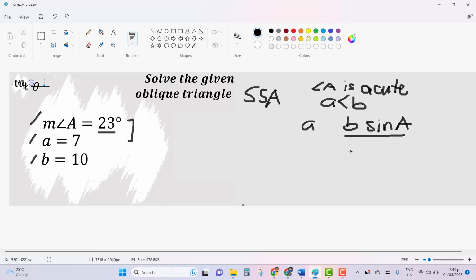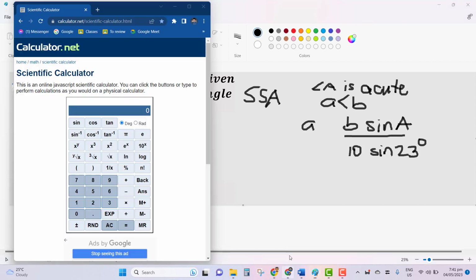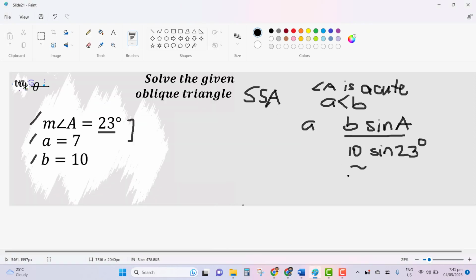Let's try to solve this one. So B is 10. You have sine 23 degrees. Using this calculator, 10 sine 23 degrees is equal to 3.907, so on and so forth, or approximately 3.91. Now A is given as 7, and this 7 is greater than the approximate value of 3.91. In this case, we are now sure that A is greater than your height. We have two oblique